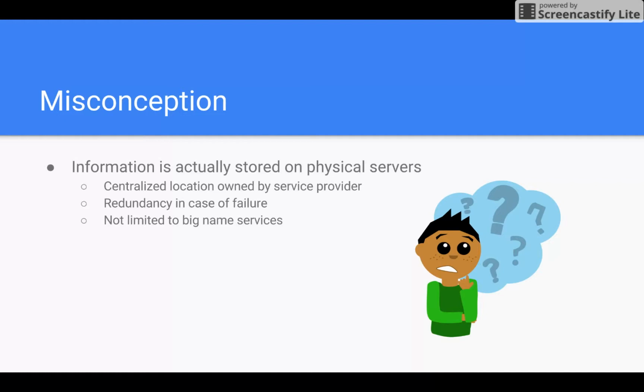They have redundancies in place in case of failure. So if some servers fail, there's multiple ones that have the same information copied on it so that you will not lose your information. And they are, like Google, Apple, Microsoft, they are not the only ones that have these